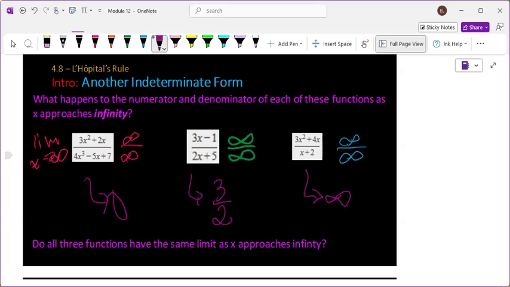So this is why people will sometimes over-apply L'Hopital's rule, because when you're looking at the infinity over infinity case, you do end up using it quite a bit. So I'd have like 6x plus 2, and then that would become 6. If I do 2 derivatives down here, I'll still have an x. So I've got 6 over infinity. Yeah, it goes to 0. Whereas here, after one application of L'Hopital's, I still have an x on top. The bottom would be a constant, so it's going to go to infinity. The top grows faster.